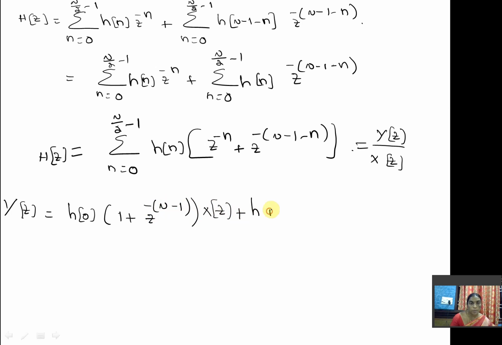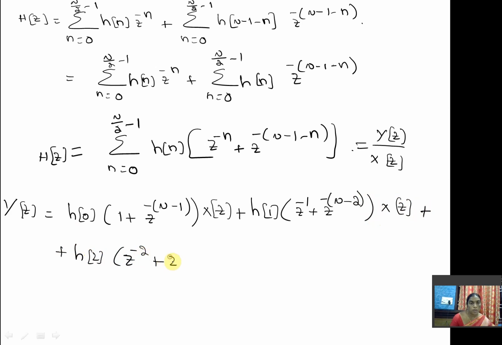What is the second term? h of 1, z power minus 1, z power minus of n minus 2 into x of z, plus h of 2, z power minus 2, z power minus of n minus 3 into x of z, and so on. h of n by 2 minus 1,